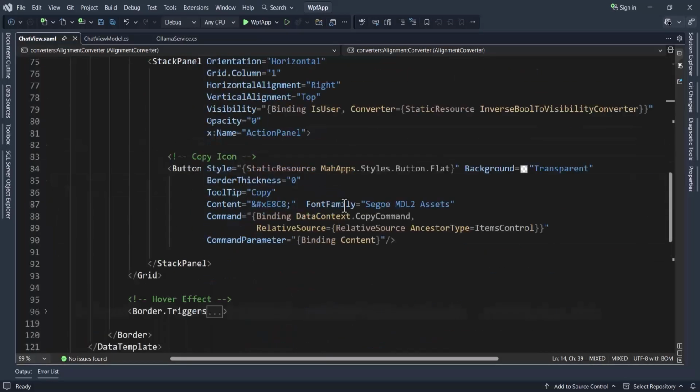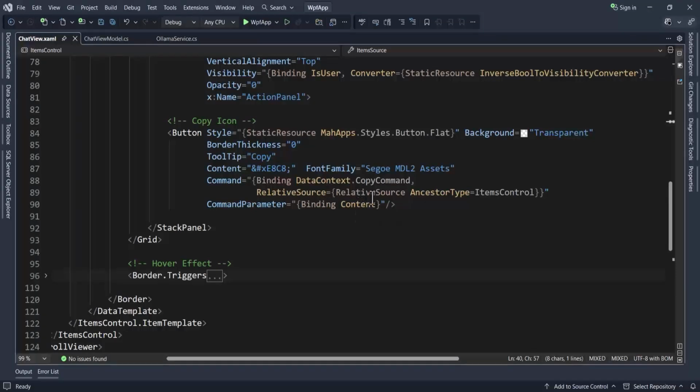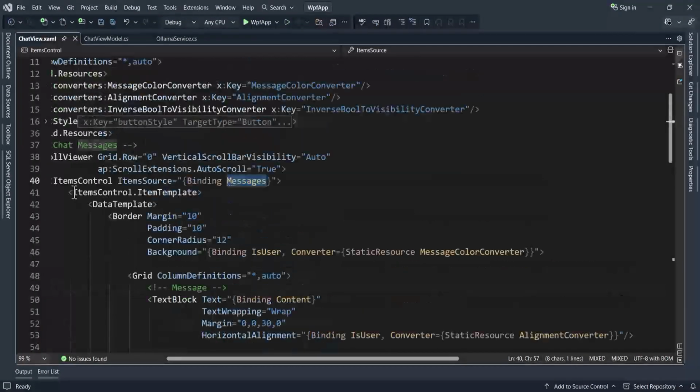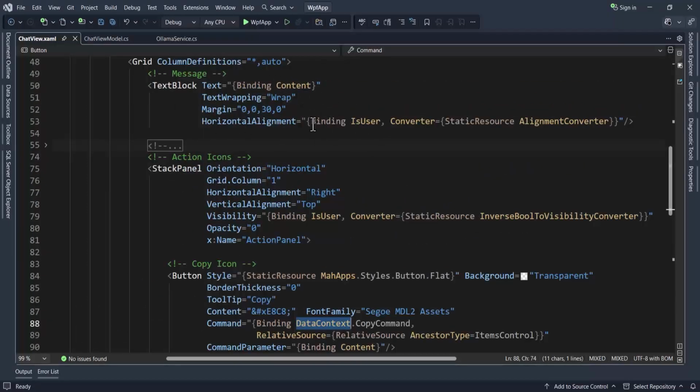Then we have a button here for copy, where I have added the tooltip as copy and the content as the code of copy, and then I have bound the command with the copy command which is available in our data context. I used relative source because I am binding the collection, so in the collection we will not have this data context, we will have it in the view model. That's why we are setting relative source ancestor type equal to ItemsControl, meaning up to here, for the items control, the data context will be our view model. That's why we are using the data context of this items control dot CopyCommand,